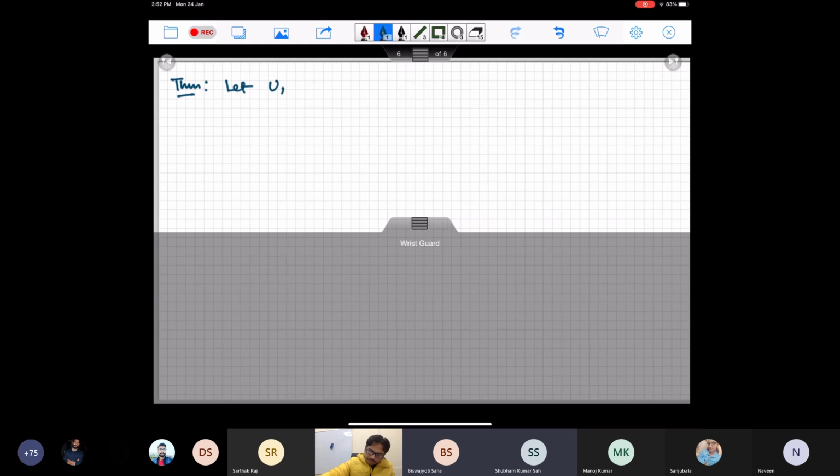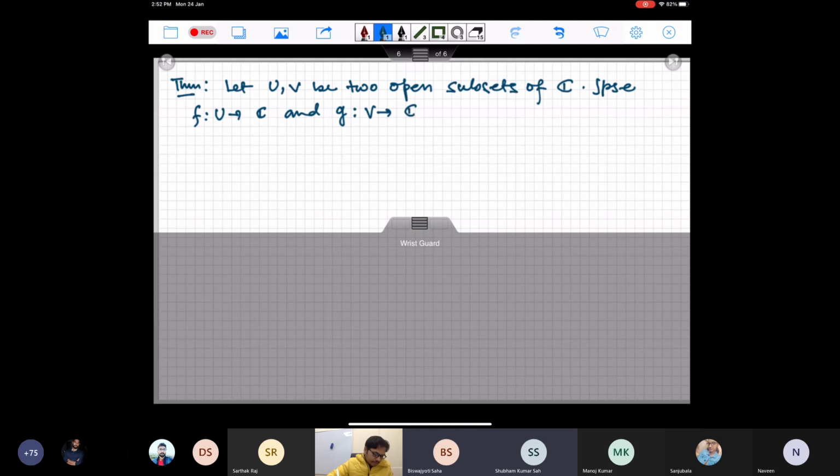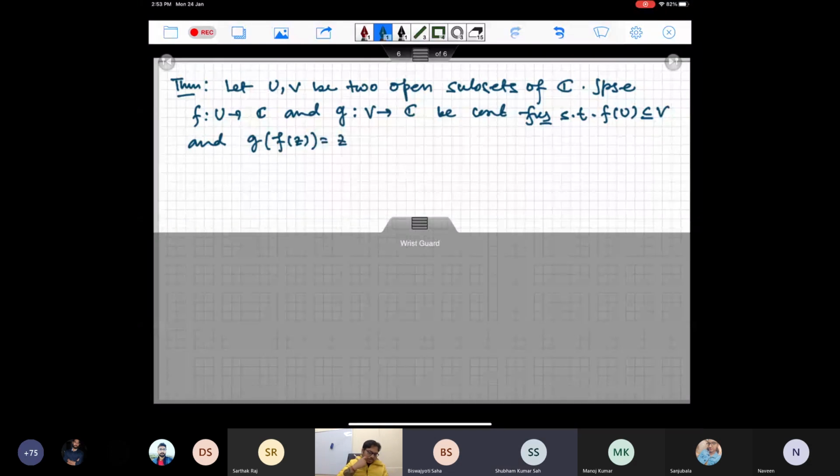Let U, V be two open subsets of C. Suppose f from U to C and g from V to C are continuous functions such that f(U) is a subset of V and g(f(z)) = z for all z in U. Then, if g is holomorphic